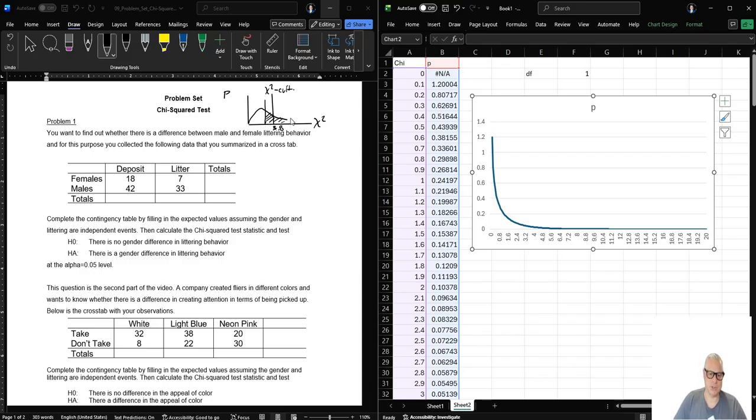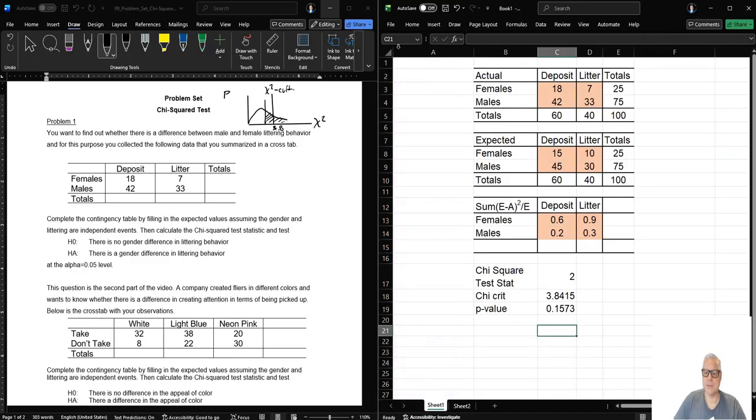So we always assume there's no difference between anything, but then we look at our actual observations, and we ultimately ask the question, what's the probability that what we see in front of ourselves comes from a scenario where there's no difference? Okay,